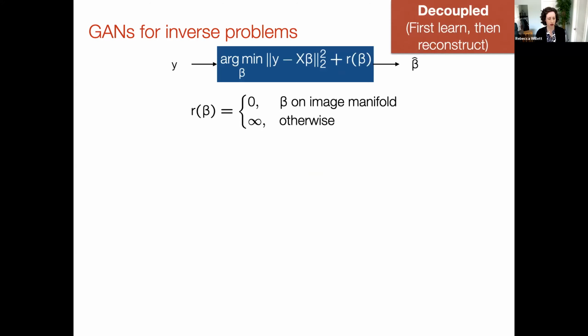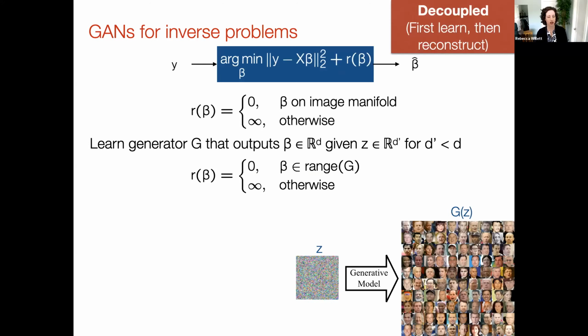So specifically, we could use things like generators, things like generative adversarial networks, for instance, in order to represent the structure of that manifold. So a generative model, as I've illustrated at the bottom of the slide here, would take a lower dimensional input, say Z, feed it into this generative neural network, and would output some image, in this case, a face. And so we can then think about all the different possible outputs of the generative model as representing that manifold structure that we're interested in.